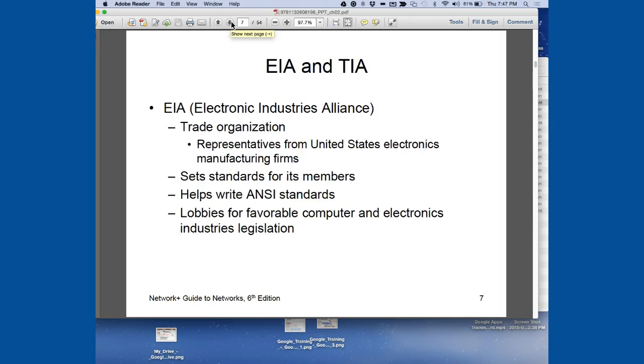But they have them. EIA, Electronic Industry Alliance, is a trade organization represented from U.S. electronics manufacturing firms. They set standards for its members. They help write ANSI standards, and they lobby for favorable computer electronic legislation. And so you will have some in the state legislature and also in the federal branches both, lobbying for legislation like, say, a new Wi-Fi security standard, or maybe lobbying, like recent in the news, for